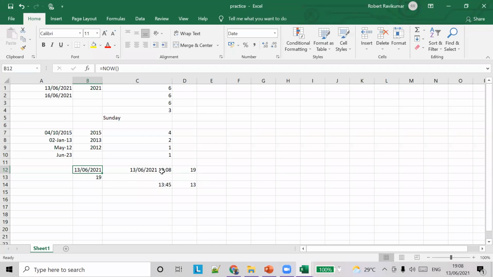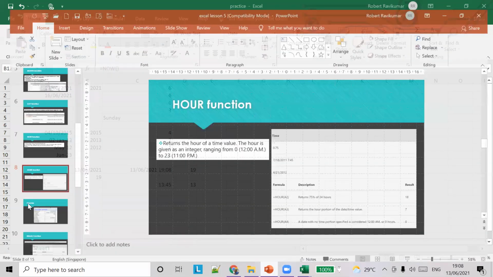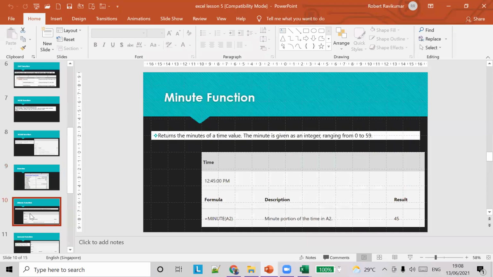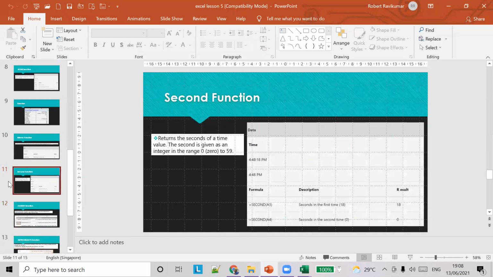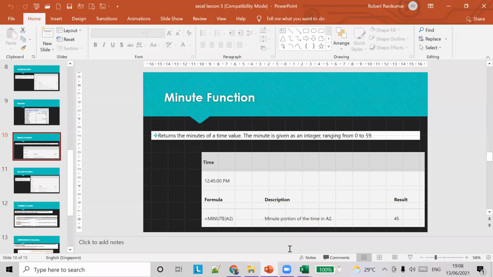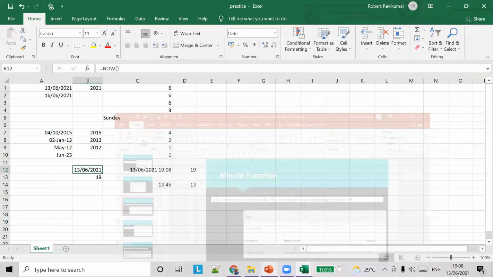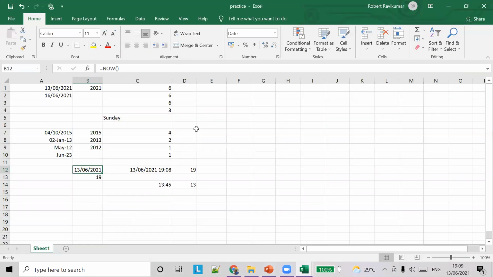Similar to hour, we have a minute function also, and a second function also. So let's try to find the minute. Whatever we learned for today is all the same.